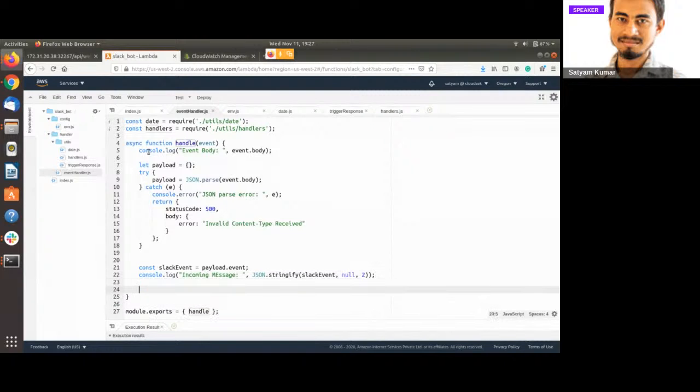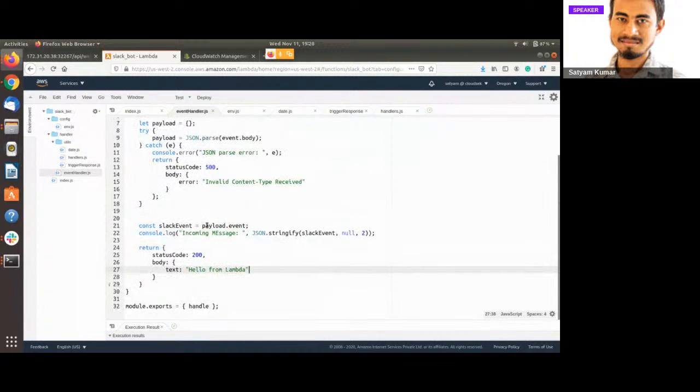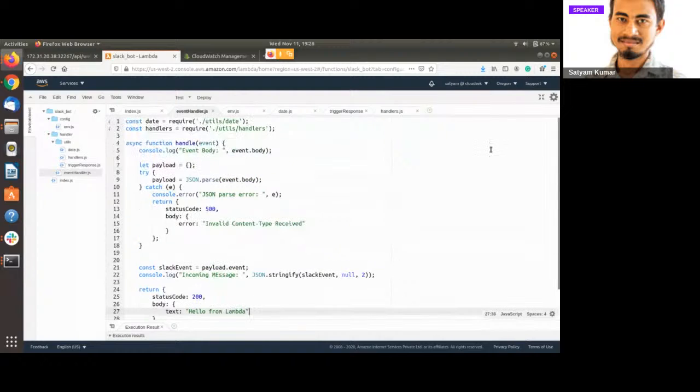We are going to print it and return a 200 status code. So we will check exactly what we are receiving, and whether we are going in the right direction or not. So yeah, that's it. I think we are going to deploy whatever code we have written.